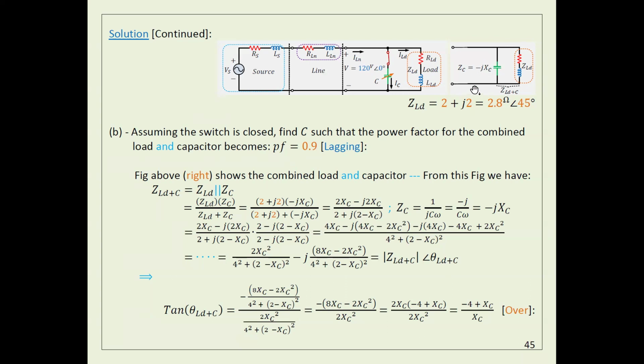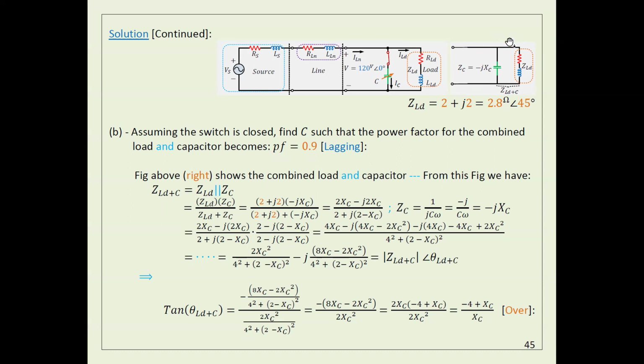All what you have to do, I'm gonna try to calculate the power factor. I know everything except the value of the capacitor. So I will calculate the power factor, and then find what value of C for the capacitor I should use to make the power factor equal to 0.9. So if I add this capacitor C in parallel,